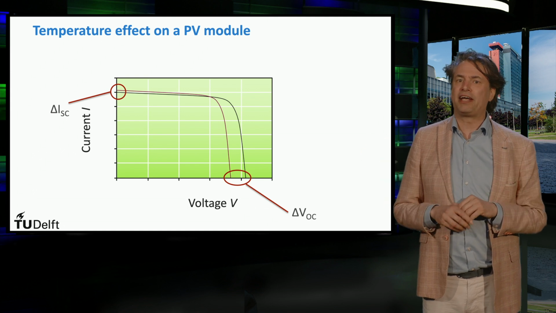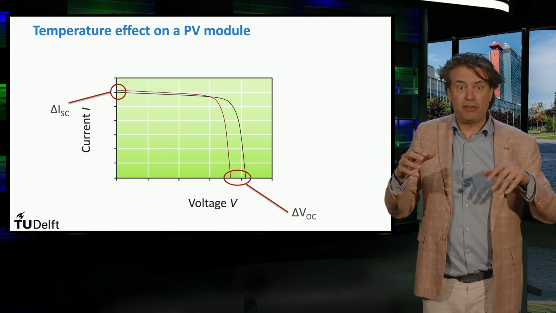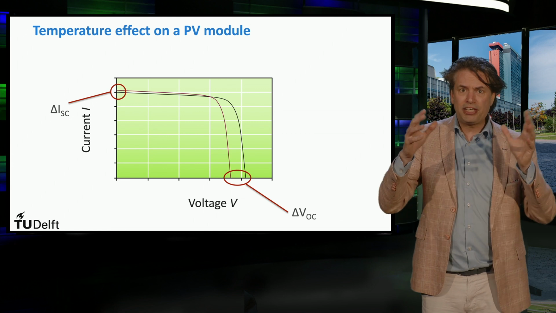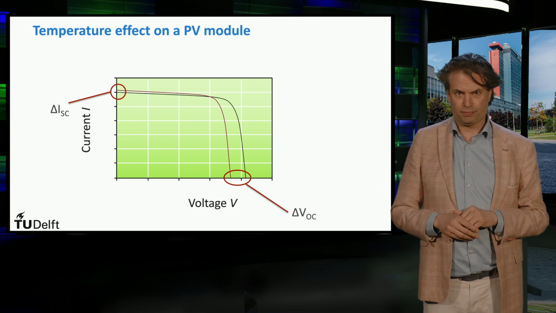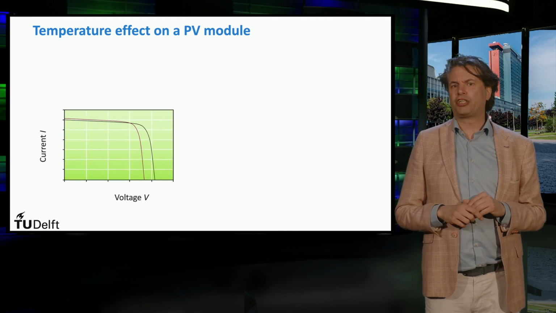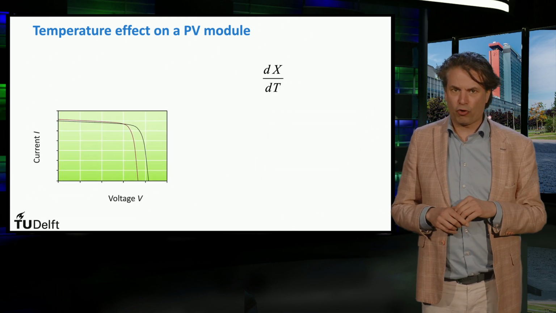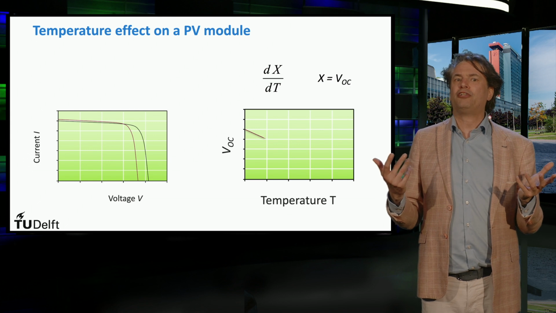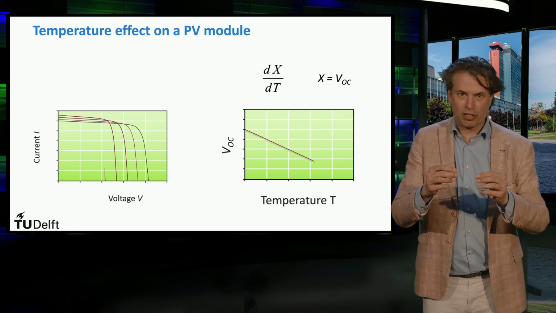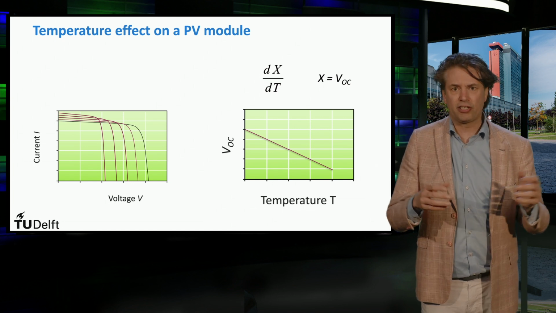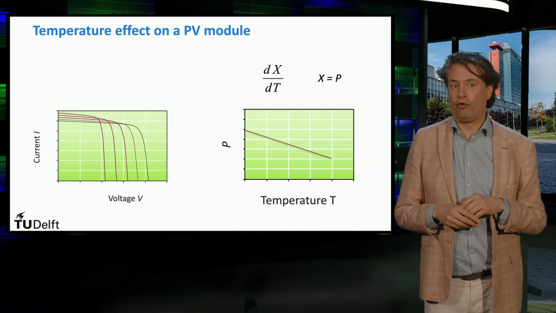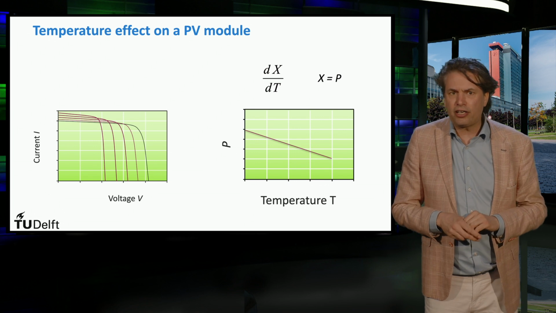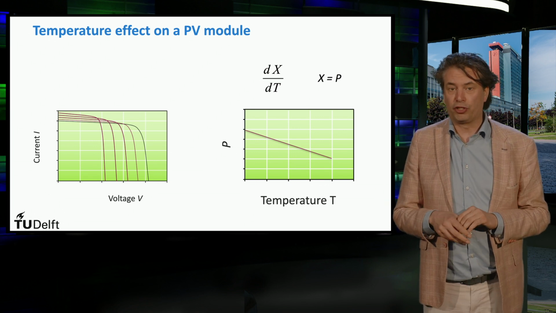But how do we quantify this effect? If the temperature of a PV module were to increase by, for instance, 10, 20 or 30 degrees Celsius, how would that output be affected? Well, the PV module manufacturers include what are known as the temperature coefficients in the data sheets of commercial modules. The temperature coefficient is nothing but the rate of change of a parameter with the temperature. For instance, the temperature coefficient of voltage is the rate of change of the voltage with temperature. The higher the temperature, the smaller the open circuit voltage will be.